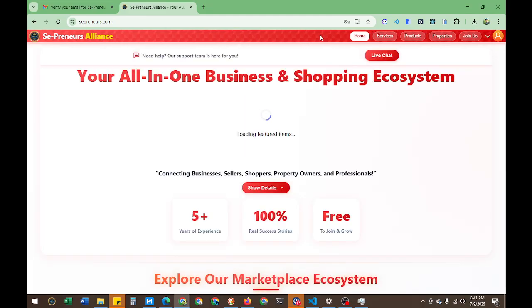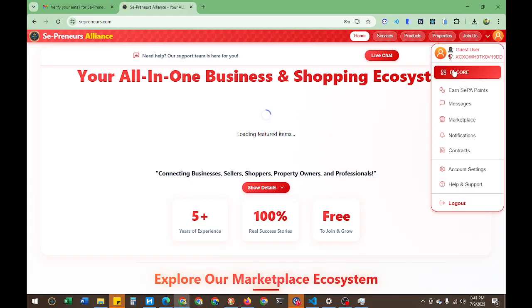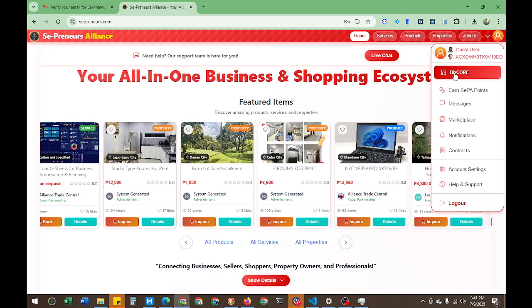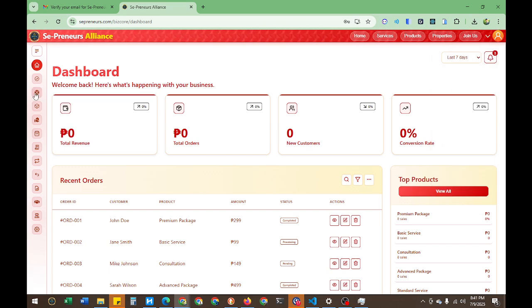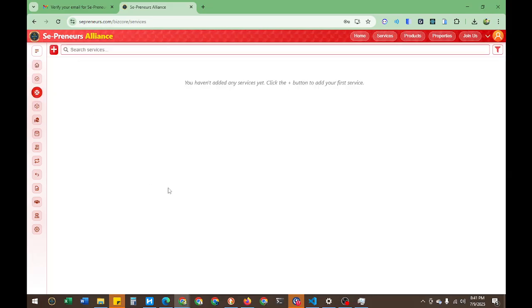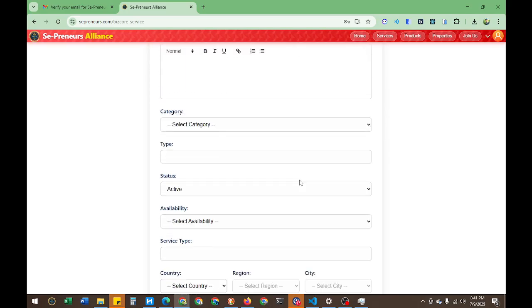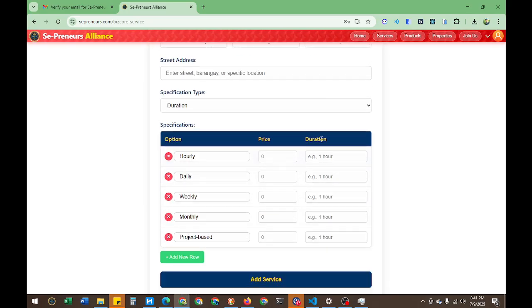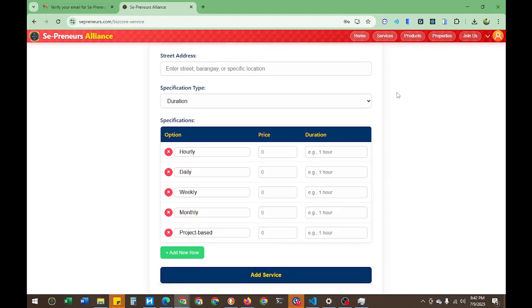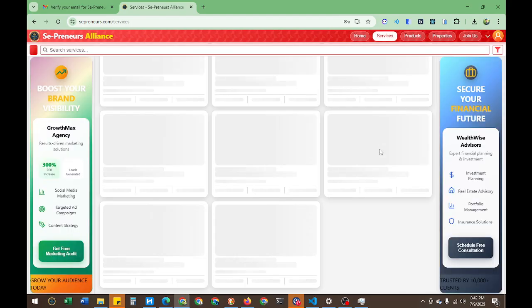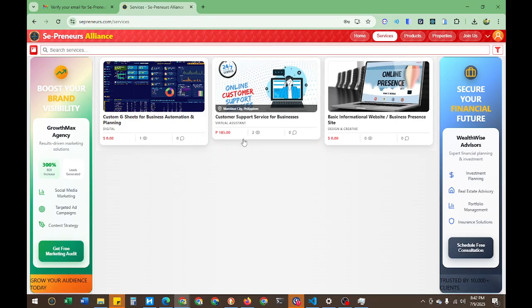So going back to the home, we can now navigate to the B-Score. When you navigate to the B-Score and open the services, you can now start adding services in here. Just click this one and it will open the form, so you can add your services in here, and after you click add service, it will be put to pending, but currently it will reflect immediately in the services here, since our team are currently validating the existing data.